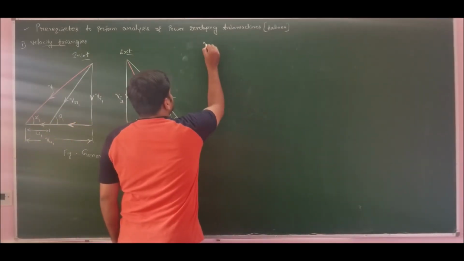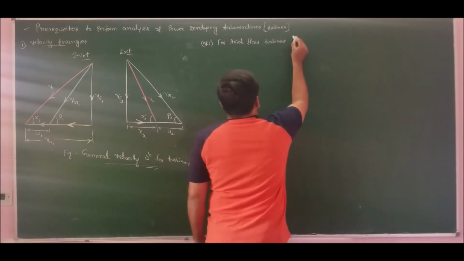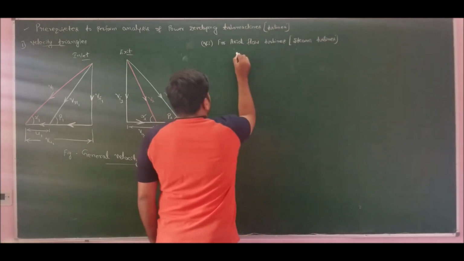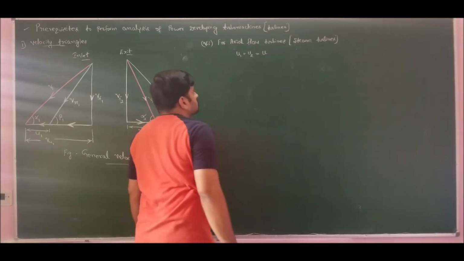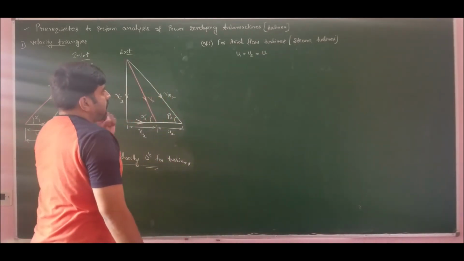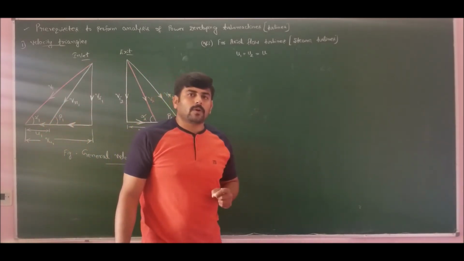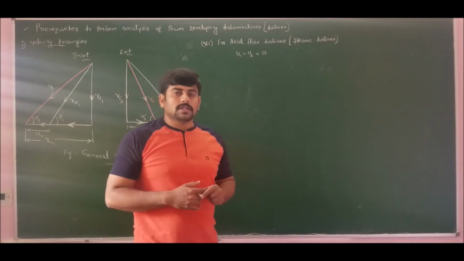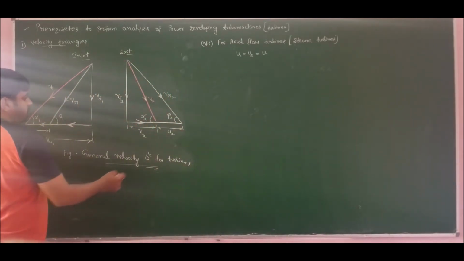Moving on to case 7, that is for axial flow turbines. For axial flow turbines, that is for steam turbines, you will get the condition U1 is equal to U2, which is equal to U. So for axial flow turbines, it is better to always remember the combined velocity triangle, which is very important to solve problems in the graphical method when we discuss the unit on steam turbines.